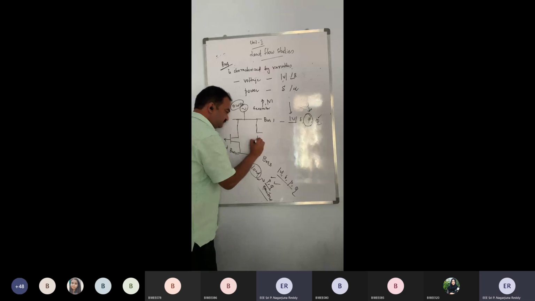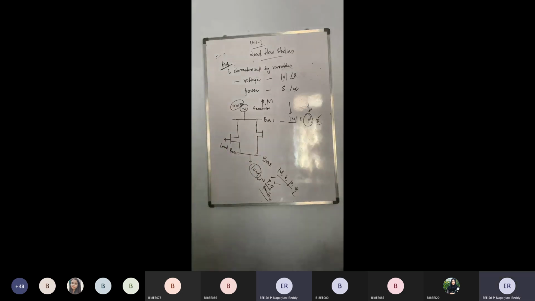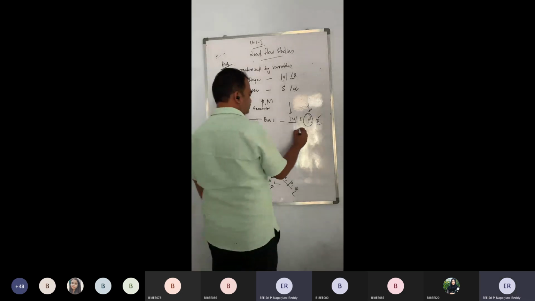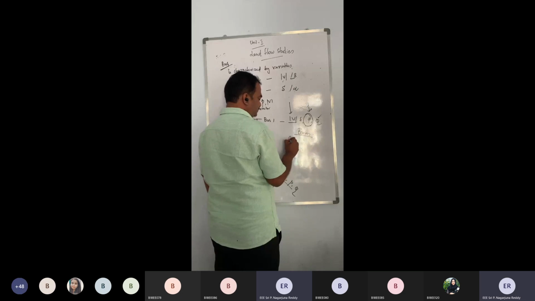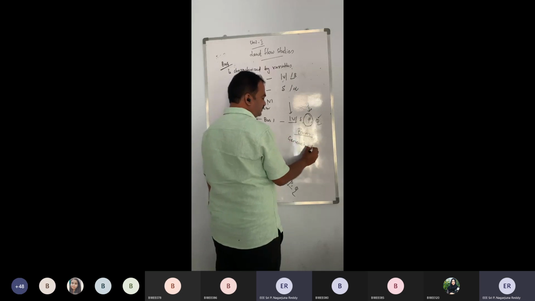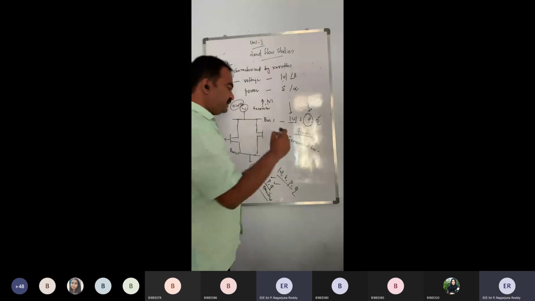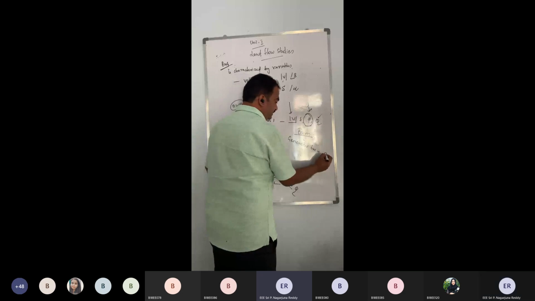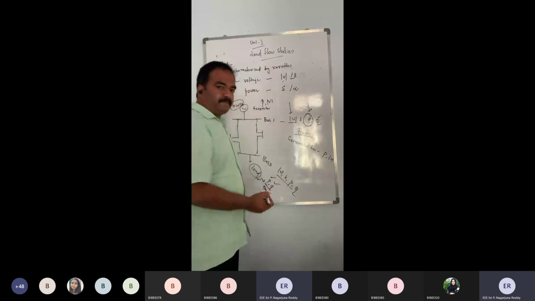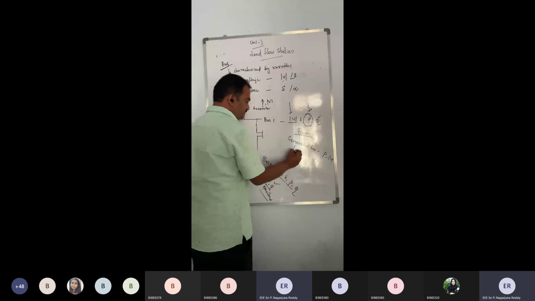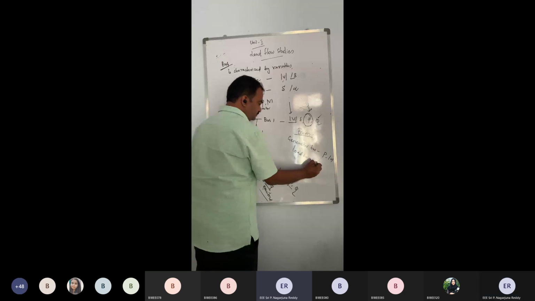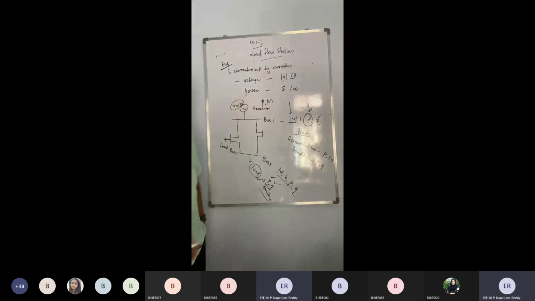I'll take one more example. So buses are broadly classified into two types. What are they? Generator bus. What do you mean by generator bus? The bus which is connected to your generator. So what are the parameters which are specified out of these four? They will specify P and mod V. The other type of bus is the load bus. What are the specified variables? P and Q. These two are specified here.